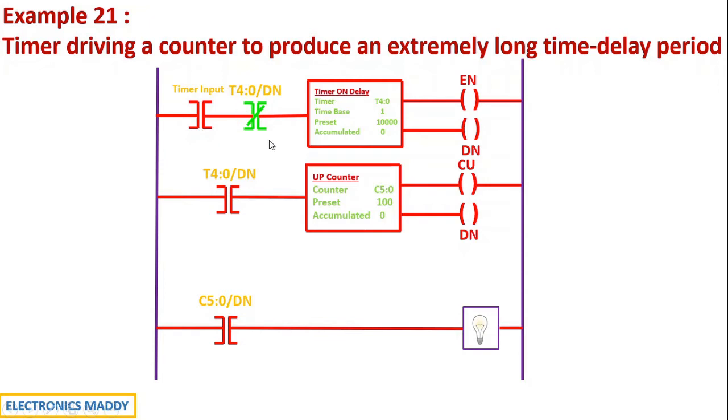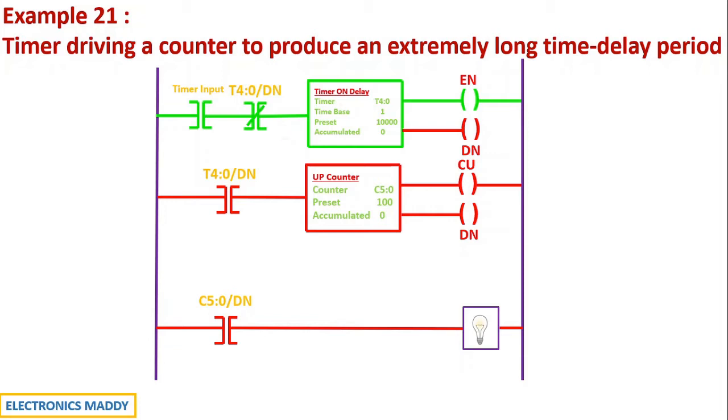We have used a normally closed contact over here, which will act as short circuit initially, and once you press the push button switch for timer input, consequently the contact gets energized, the rung corresponding to it will get energized, and the on delay timer will get energized. Consequently, the enable bit will go to high state instantly according to the working of on delay timer. Now what happens? The timer starts counting the values in seconds in this particular fashion.